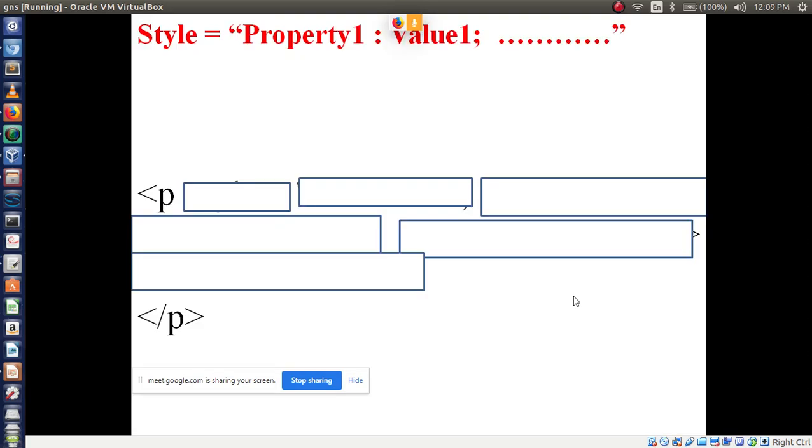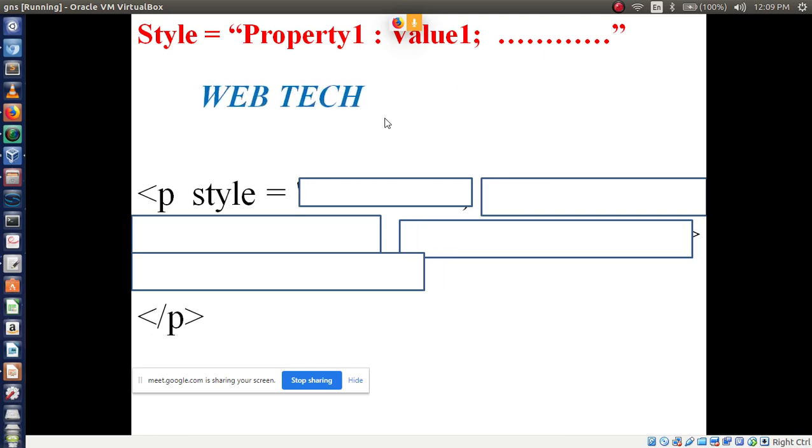Now to apply the styles on this, which attribute do we have to use next after defining the p tag? Style. So style equal to followed by property. I am going to use three properties like this: color, then font style italic, and font size.